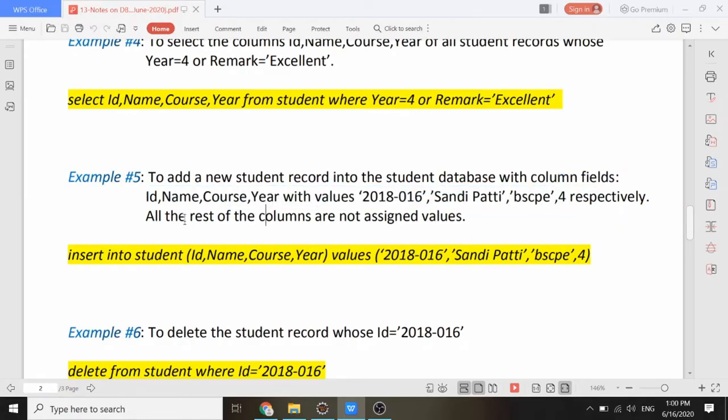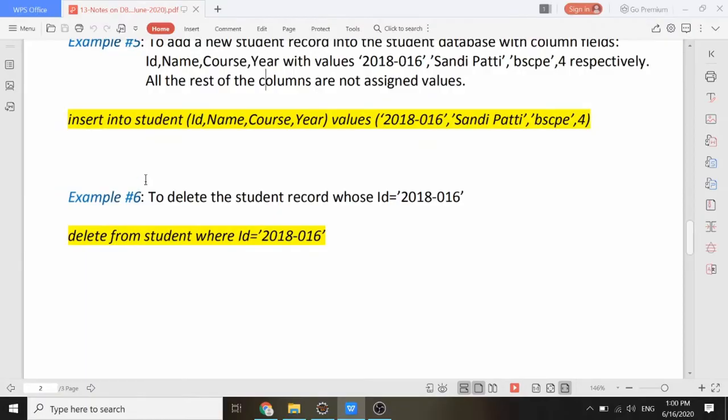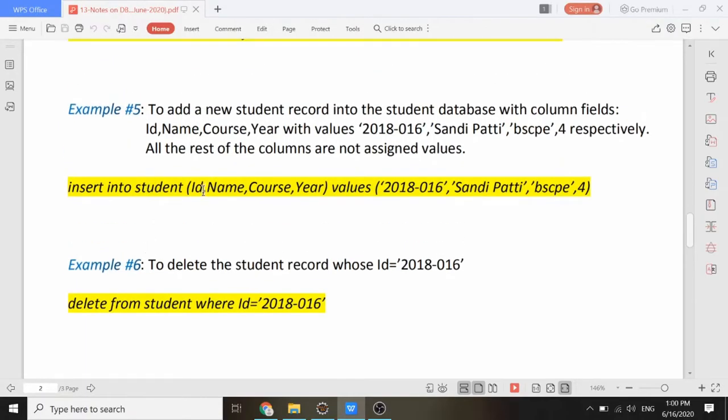All the rest of the columns are not assigned values. So as a result, the student database file will have 1 additional student record because we added a new student